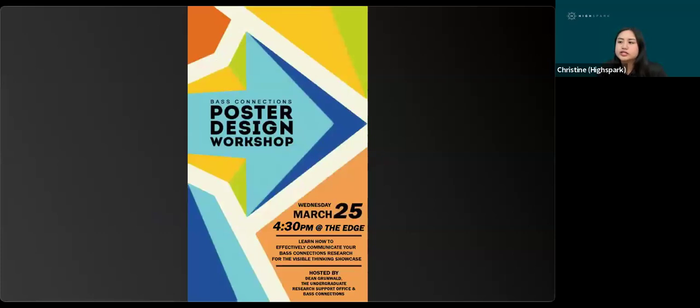It's very clear. You can see that we have a clear header on top. When is the event? What is happening? And then what are some of the key points at the bottom? So what you see here is that there's a very clear message. It's less cluttered. I would say there's a good use of color and shapes, but again, that could be subjective. But the most important thing here is it guides our eyes where to look at,